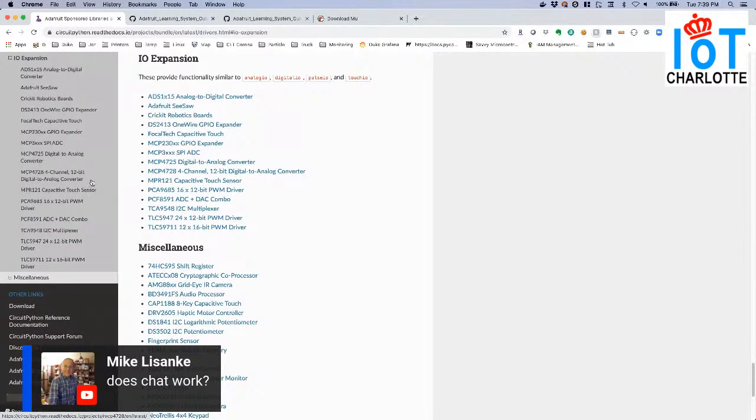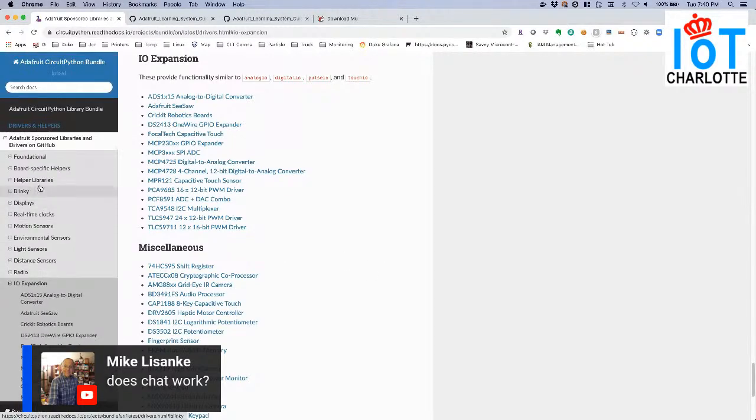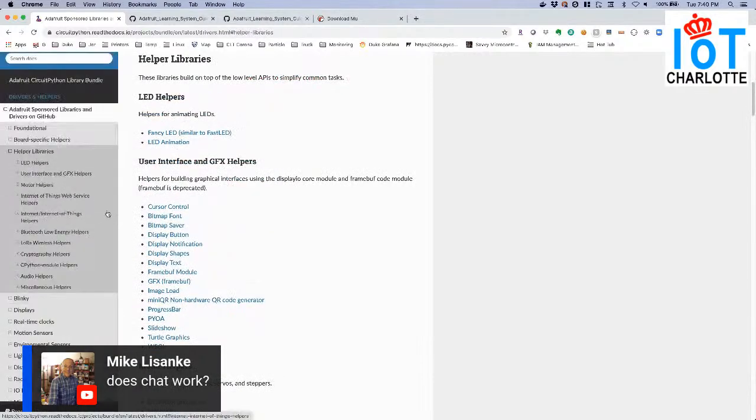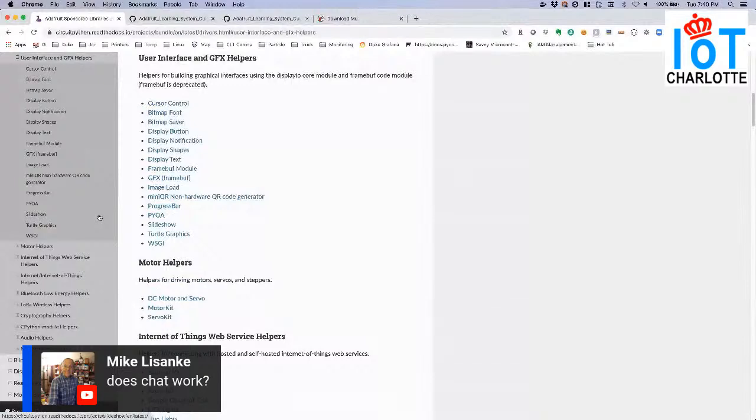As far as I/O goes, you're talking about a ton of different items, including ADCs and DACs, PWMs, all kinds of motors and user interface.